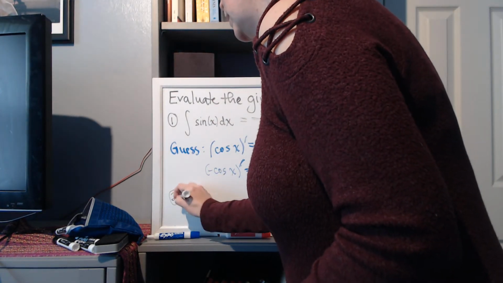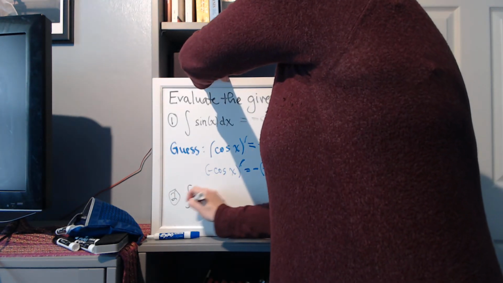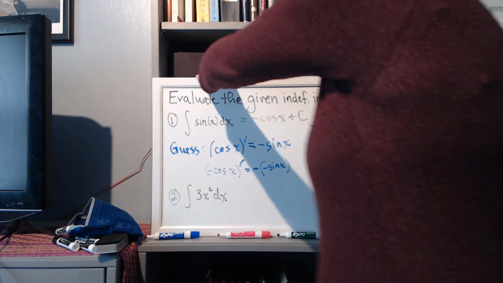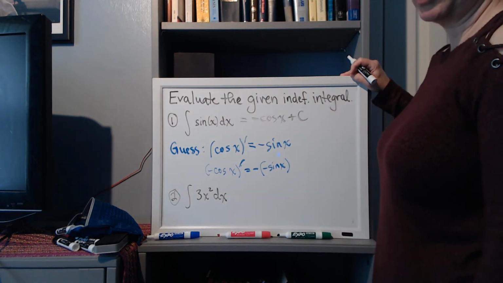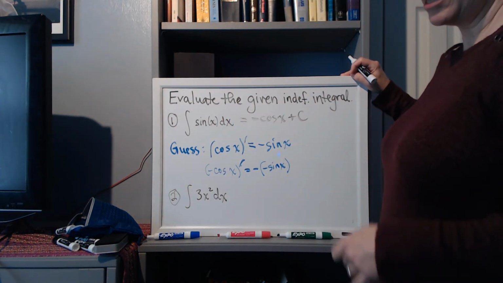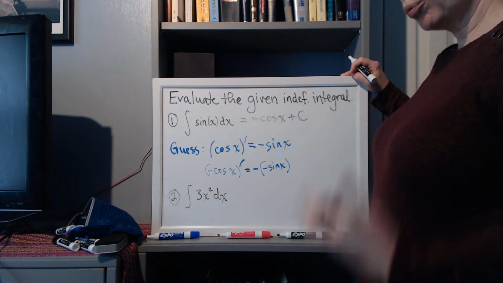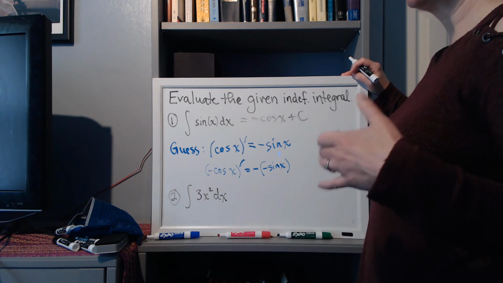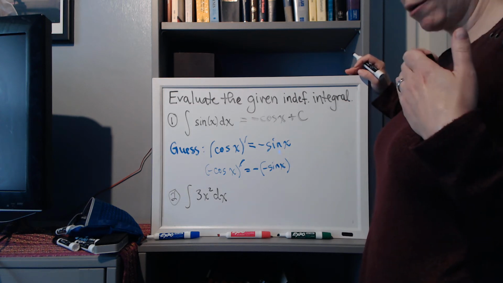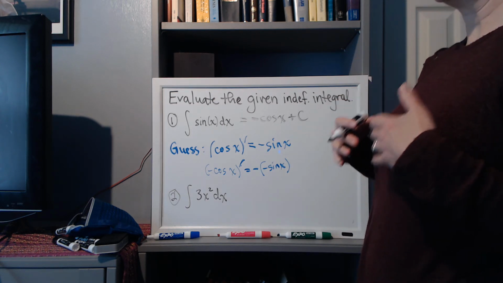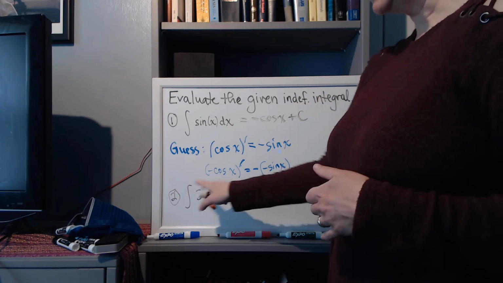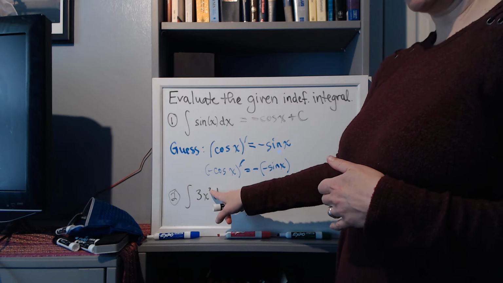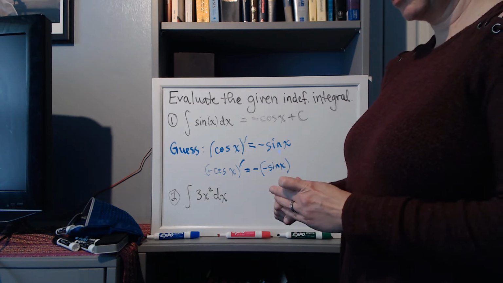So our next example, we have the integral of 3x squared dx. And we have a polynomial here, the 3x squared. So we want to be thinking about the derivative rules that apply to polynomials. Particularly, let's think about the power rule. And with the power rule, we know that we want to bring down the power and then subtract 1 from the power. So here, when we've got x squared, we want to think about that as being the result of